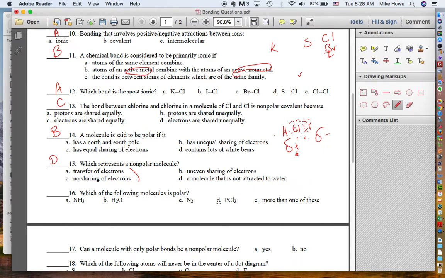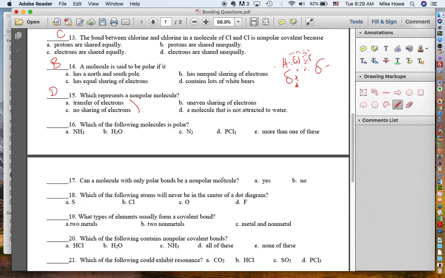Okay, now when you get to these kind of questions, you're going to need to draw dot diagrams. So which of the following molecules is polar? You do NH3, looks like this. The H is down here. So is that going to be polar? Yes. H2O looks like that. Is that polar? Yes. N2 is not polar. PCl3 is going to have, I'm going to assume you remember how to draw dot diagrams, so I'm not taking time to go through all the logic here, but